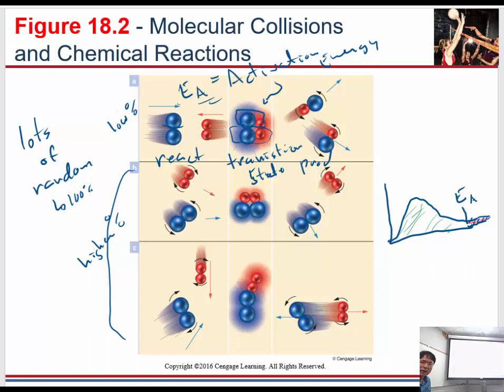Activation energy might be weaker, so some reactions occur very fast because they don't require much energy, and most of the population might have enough energy to break. So let's say the activation energy is way down here, then the reaction should happen very fast because a large population will have sufficient energy. When we shift the activation energy further to higher energies, practically nothing happens because there are so few molecules that can react. And so temperature is going to influence